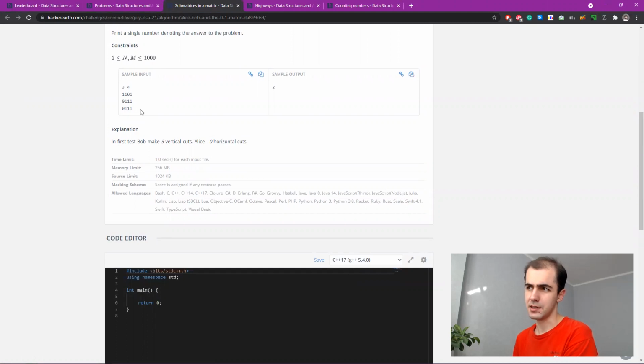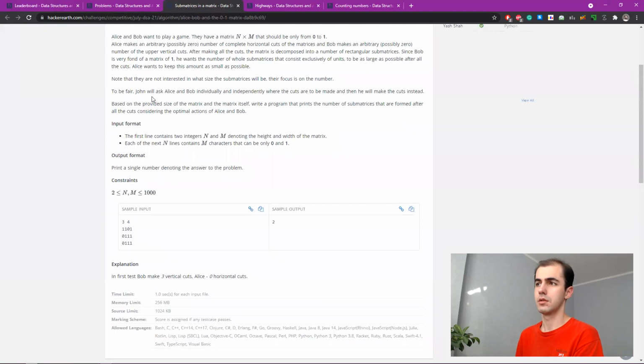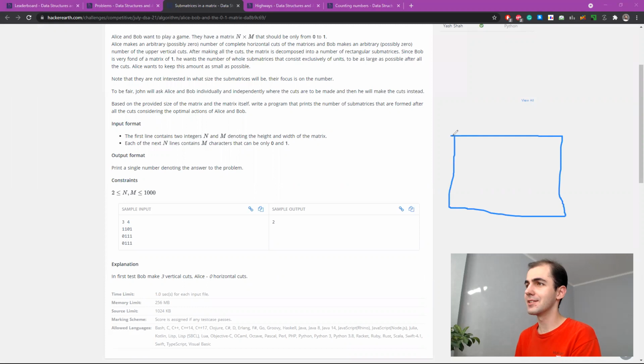Wait a second. I may be stupid, but I don't think that it makes any sense for Alice to cut anything. What? No, but if this is the trick, then it's hilarious, but also very clever.